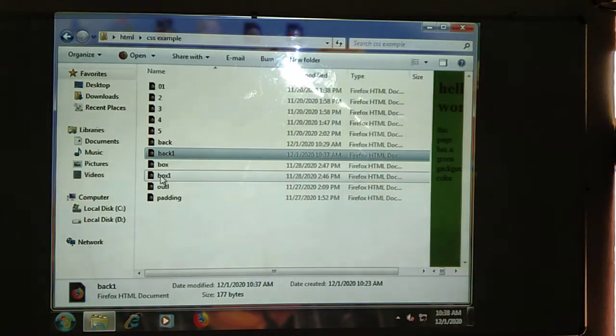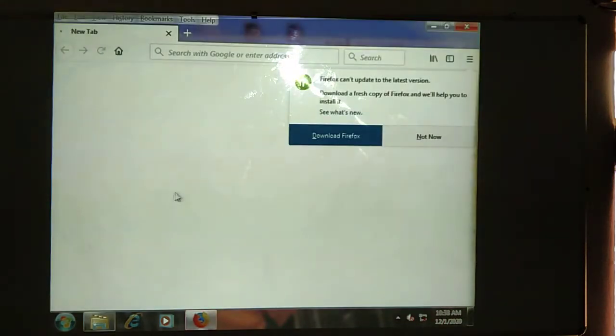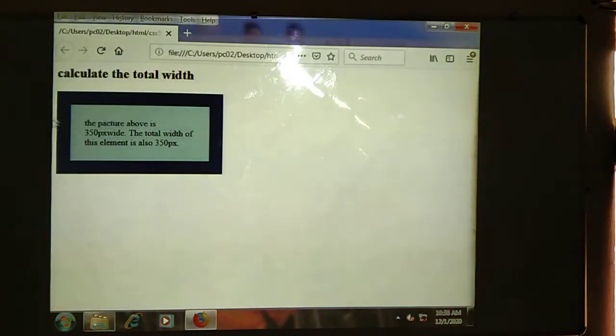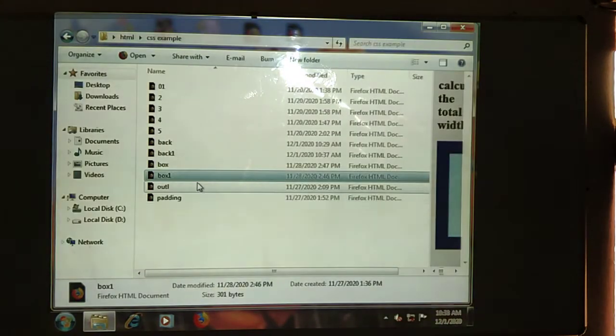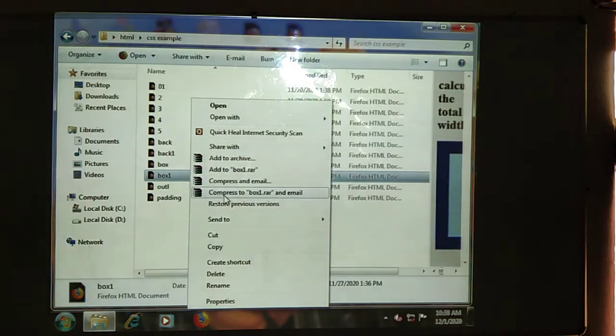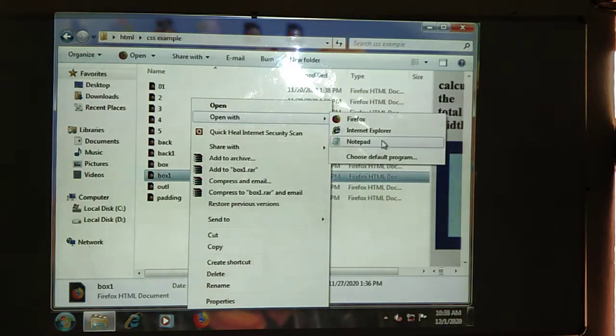Next, we are going to be using the box model. In the box model, here, see, one box will be created, one content will be given. Then, what is the use of this box model? Whenever we are going to be creating a website, we need to give some content, we need to highlight the data. At that time, we are going to be using the box model.